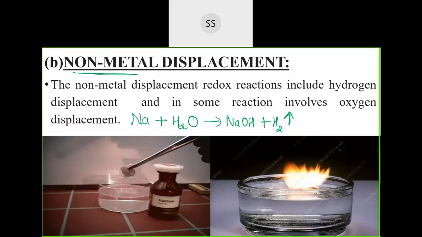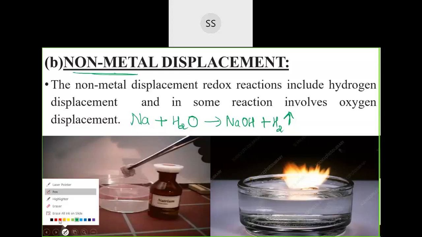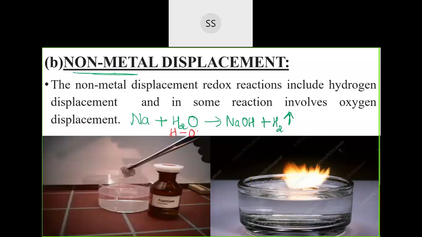Okay, so during the process what has happened here, see, water has hydrogen and then you have OH. This sodium, being highly reactive, comes and displaces the hydrogen, giving you sodium hydroxide. See, that's how the reaction has happened. Water has H and then OH. This sodium has come here and removed this hydrogen and formed sodium hydroxide. That removed hydrogen will combine with another hydrogen and go out in the form of hydrogen gas. I can balance this. It will be 2 here, 2 here and 2 on this side. So you'll get 2 sodium combining with 2 water giving you 2 sodium hydroxide plus 1 hydrogen gas released.